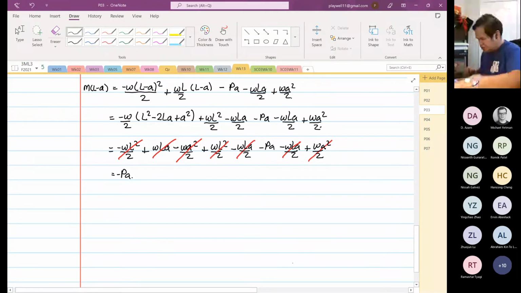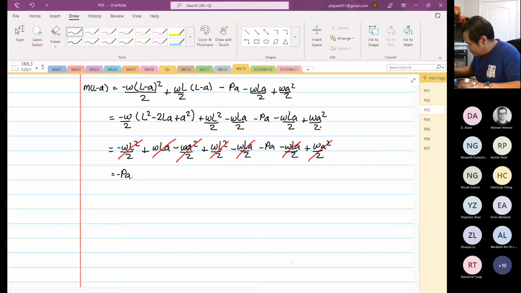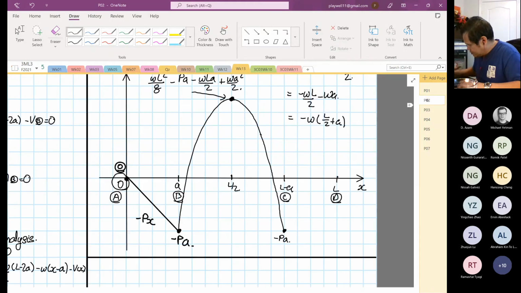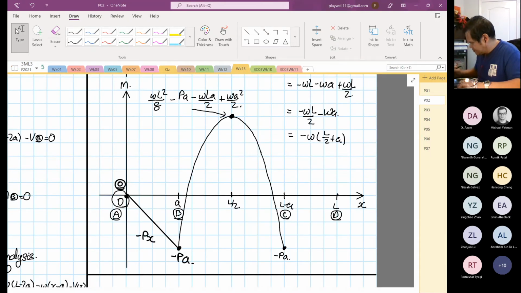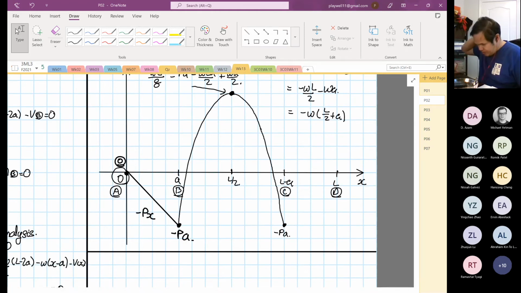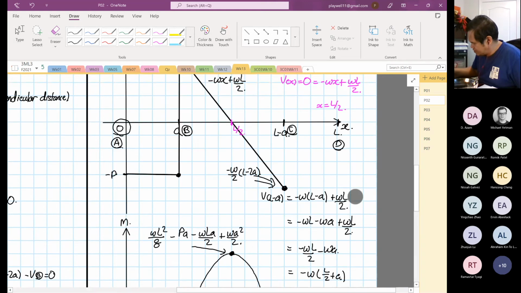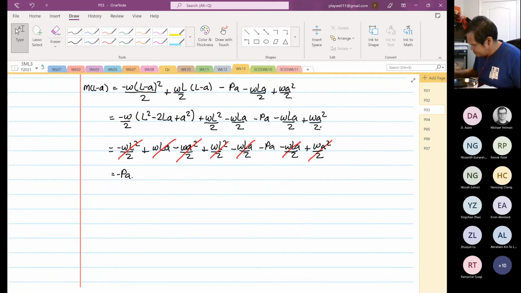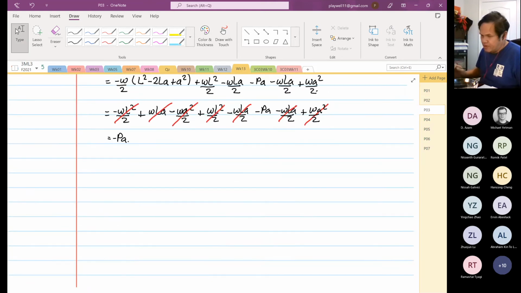Okay, so we have done up to point C. Okay, we're going to do point C now. Now, point C is something new that we will learn. So what is the new thing is we're going to do the analysis from right to left. Okay, so at point C,